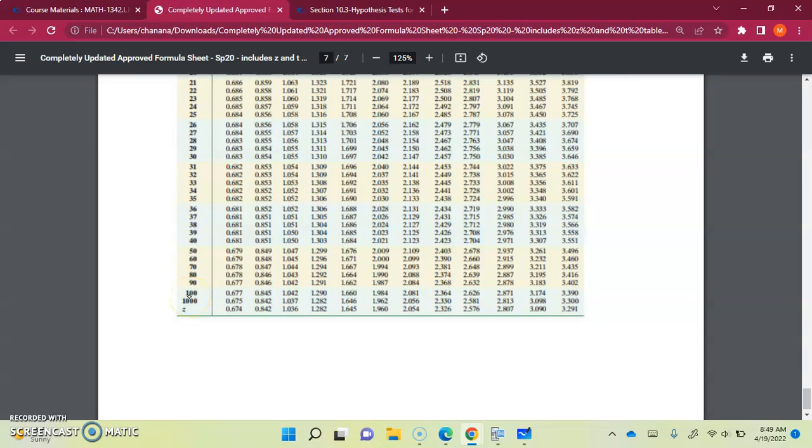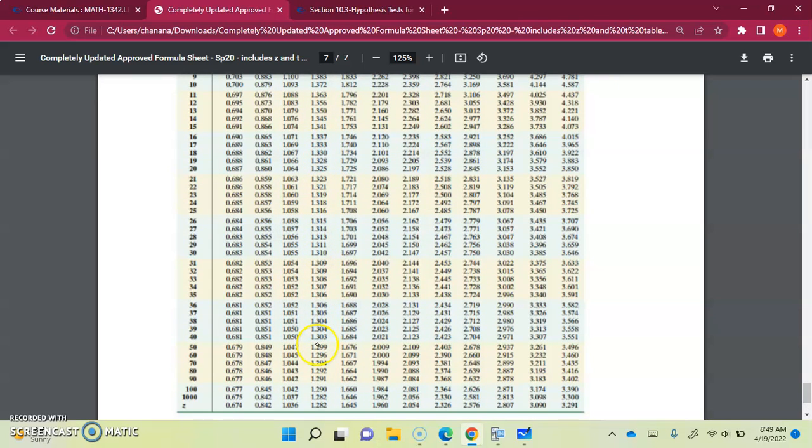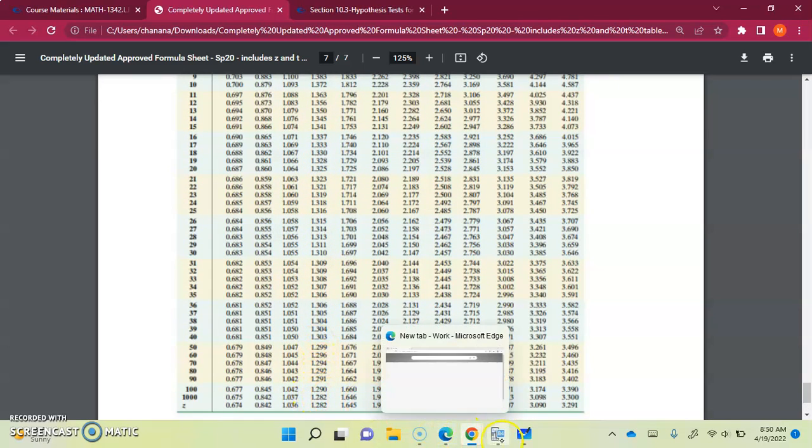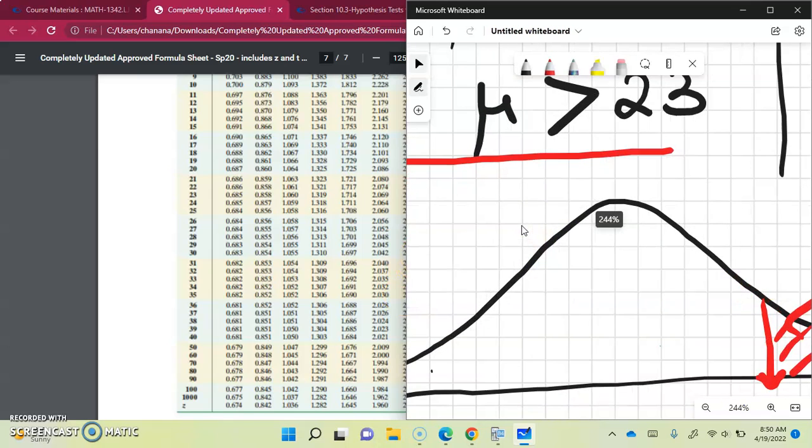If it is more than 100, you just consider the closest number to 199. Where will be the closest number? Say 100. Let's say that. And 0.10 is this fourth column: 1.290. So the critical region value t alpha is 1.290, and our t statistic we found